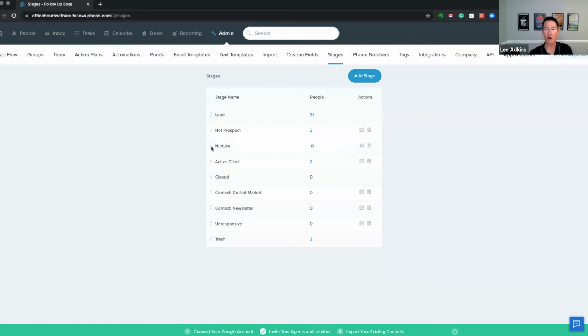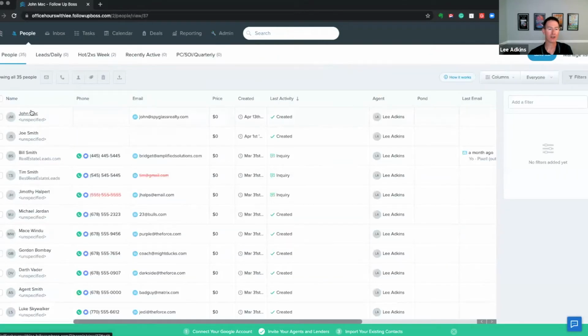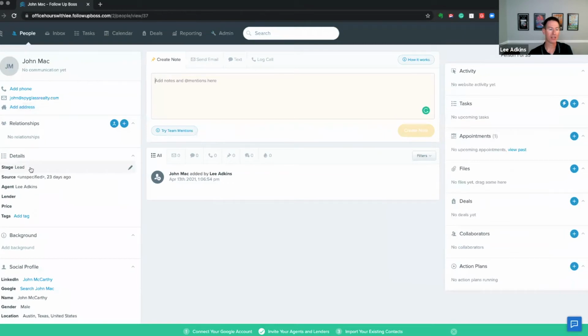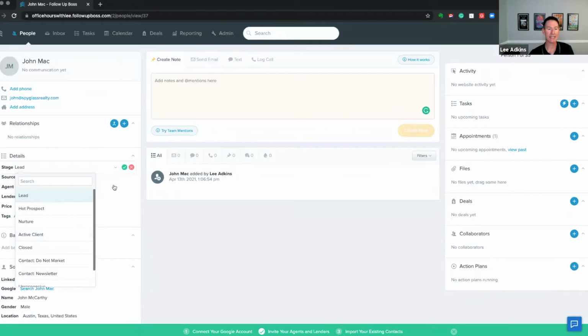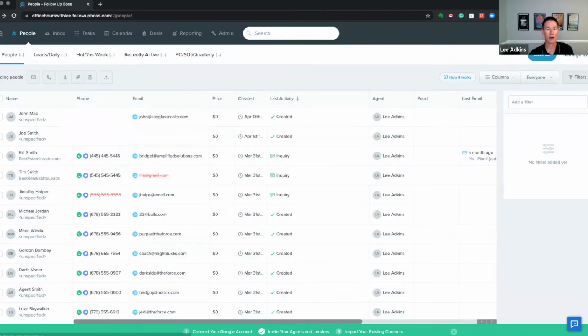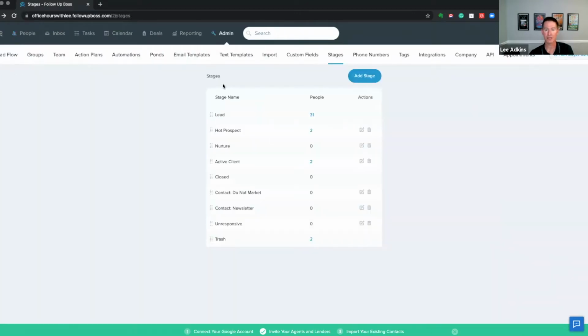You can also change the order of them by dragging them here, which is the order of how they appear in a client record. So if you're going to go in here and change the stages, they'll be in that order. And I find it really helpful to get them in an order that makes sense, so you're not jumping around. Typically, hopefully someone goes from lead to hot prospect to active client to pending to closed. So that's the hope, but making it easy and getting them in the right order, to me is certainly an important step. Meghan, do you have other feedback on that?